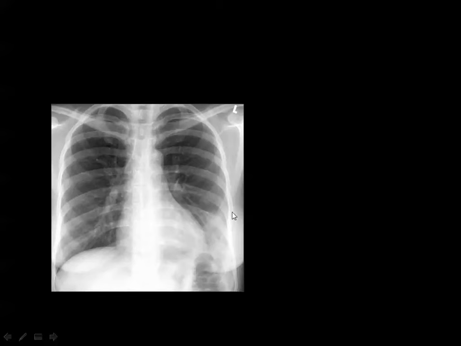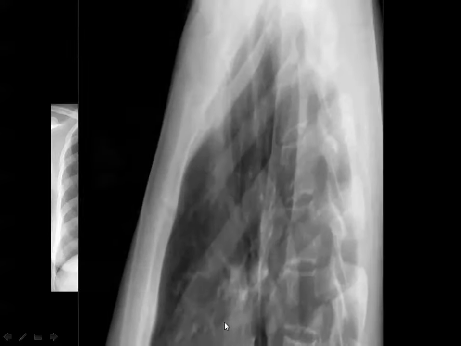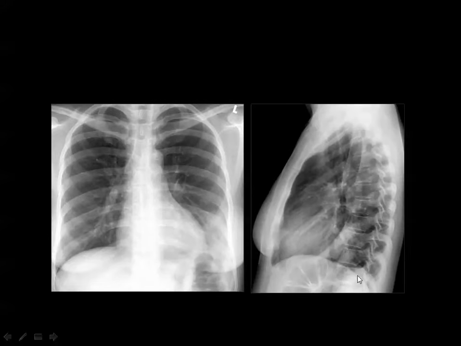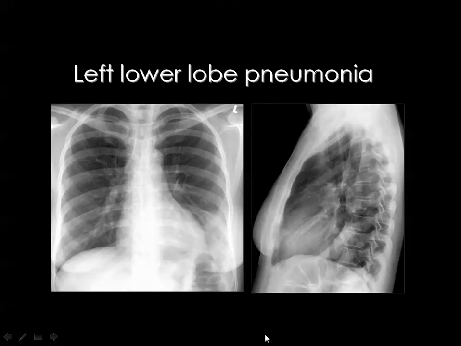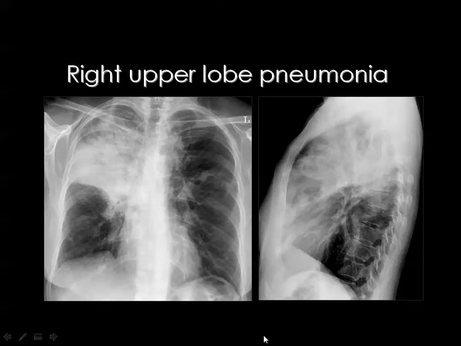And this is a lesion in the left lung base, and by the silhouette sign you are sure that this lesion is in the lower lobe, posteriorly located. And this has been confirmed by the lateral view, and you see the lesion is posteriorly located, and this is pneumonia of the lower lobe. Then this is pneumonia of the right upper lobe, the patchy lesion with air bronchogram inside, and this is diagnostic